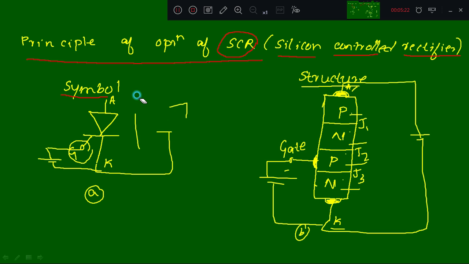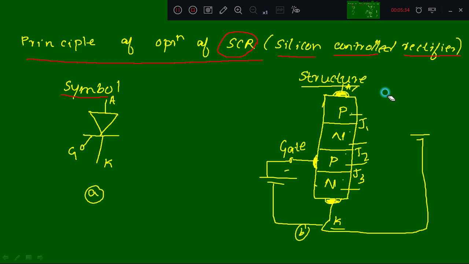And the main application is that it is used when you are working with high voltages. If you want to work as a rectifier with high voltage, our diode will not work. If you want to design a 100 volt rectifier, then our diode will not work. What is a rectifier?